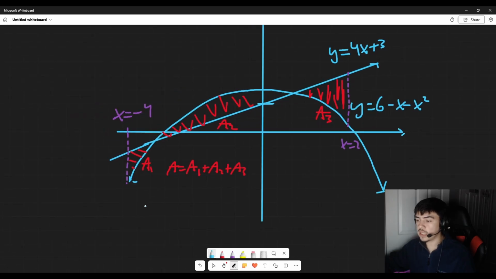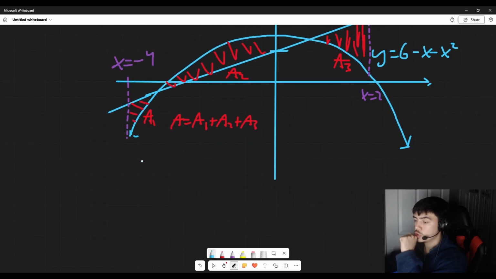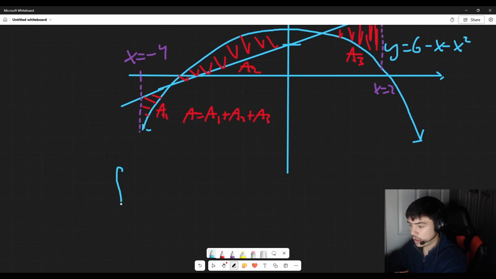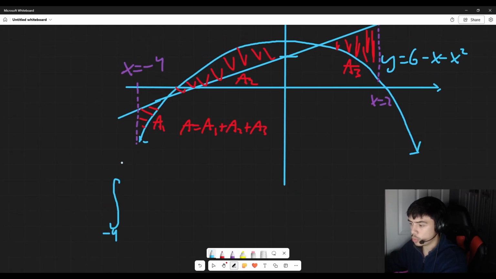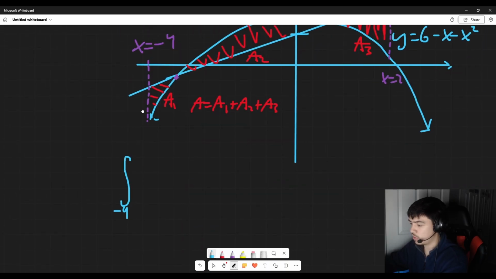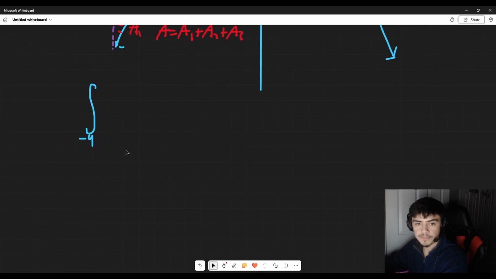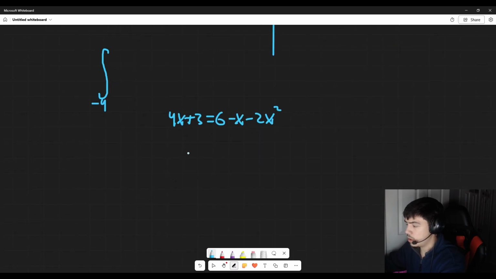So for the first area, let's go ahead and find the area of this section right here. We already know that our left bound is going to be negative 4, but we don't know what our top bound is going to be. We need to find this point of intersection right there. So like what we did last time, we're going to set our graphs equal to each other. We're going to have 4x plus 3 equals 6 minus x minus 2x squared. Doing some simplifying,